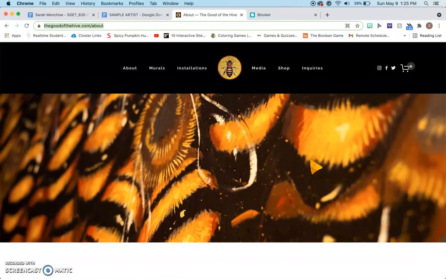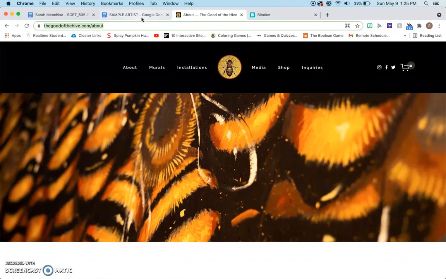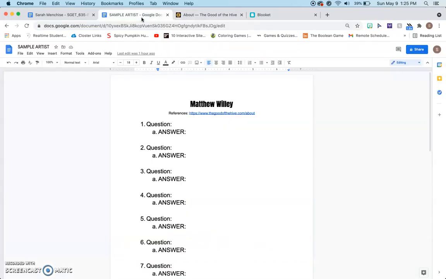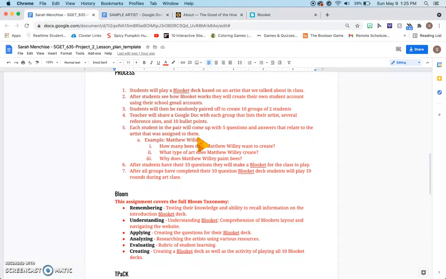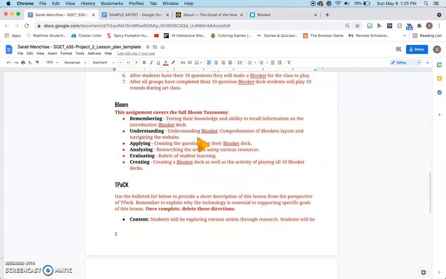So they can find the information, create the questions. I'm not going to tell them which questions to create. I think it's a great opportunity for them to go ahead and create whatever questions they would like and find interesting. And then to overview Bloom's